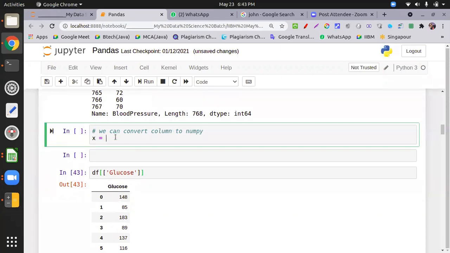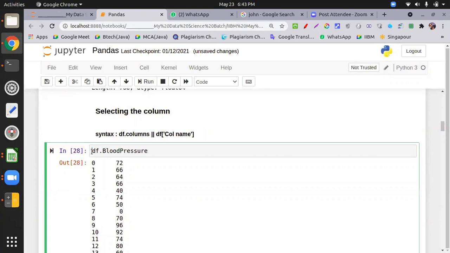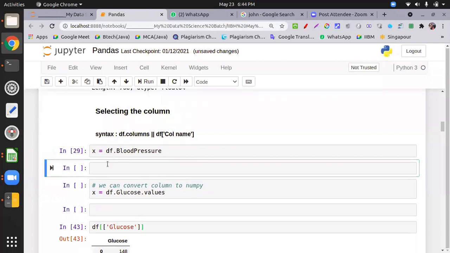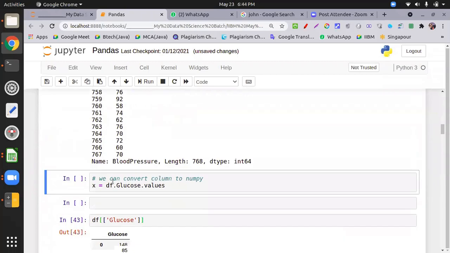So I put x equal to df.glucose.values. I thought I had to put x equal to this one. Then I show you x, and then I show you one more thing.